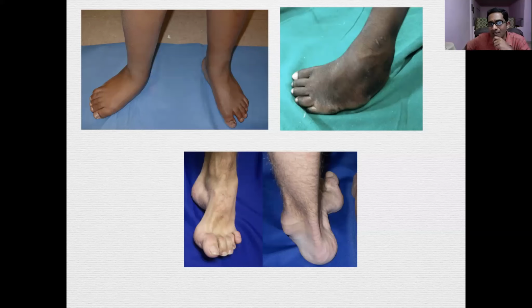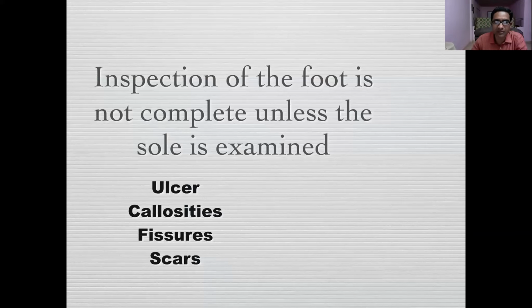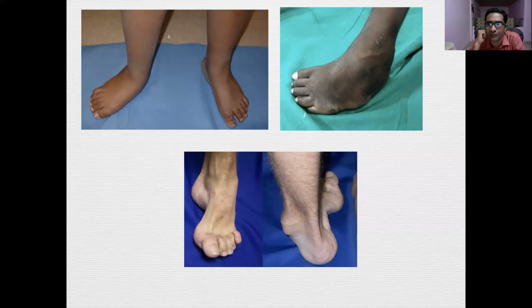The one next to that is a recurrent CTV. You can see the cavovarus. You can see that the lateral border is curved and longer than the medial border. You can see that little bit of equinus, the heel is off the ground. The one at the bottom is the typical neurological foot. You can see wasting around the intrinsics. You can see that there is extreme cavus. The first metatarsal is dropped. It is plantar flexed and the toes are cocked forward. There is hyperextension at the MTP, a typical neurological foot, cavovarus deformity with first metatarsal drop.